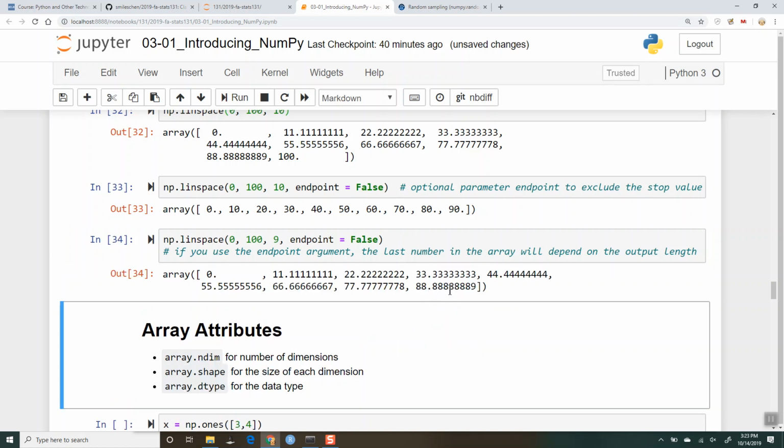And so this endpoint equals false kind of messes with their heads a little bit because it's like the calculations are done for 0, 110, and then we just drop the last number. It's not that. Because if you had to figure out how did we pick 88.89 as the endpoint for this one,